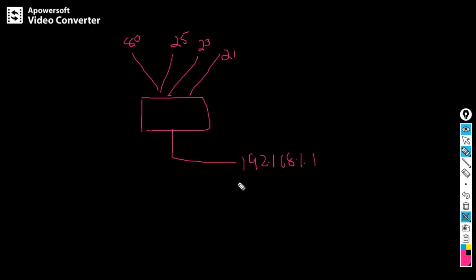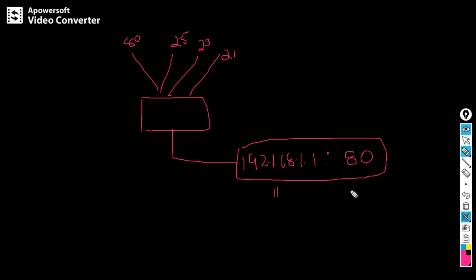Now information goes to this one. Now you see 192.168.1.1 80. This is called a socket. This is the socket representation. One more, I will not write this one since I am not using a pointing device. I use a mouse, so it is very difficult to write properly. This is once again the same.